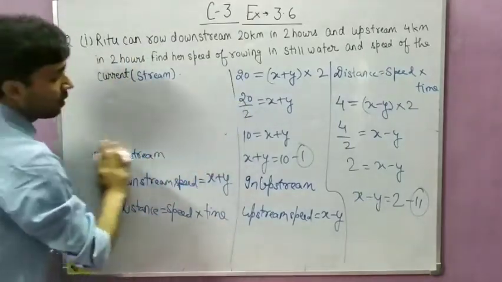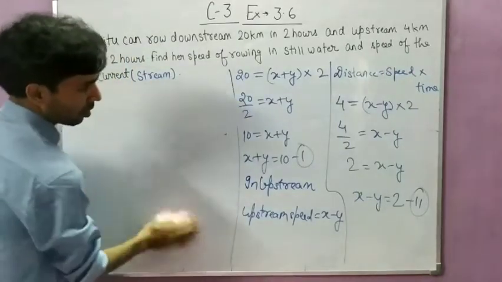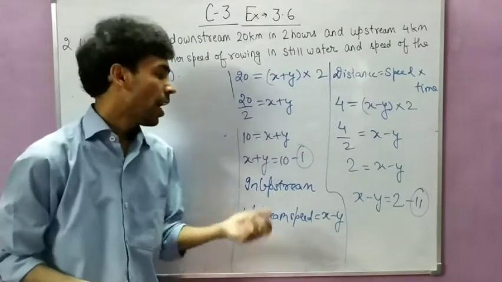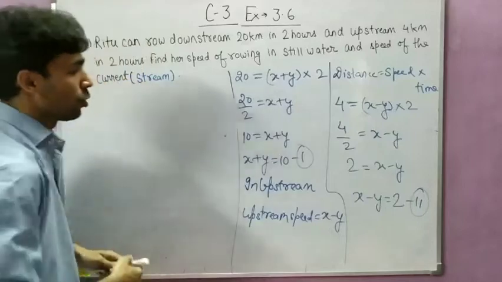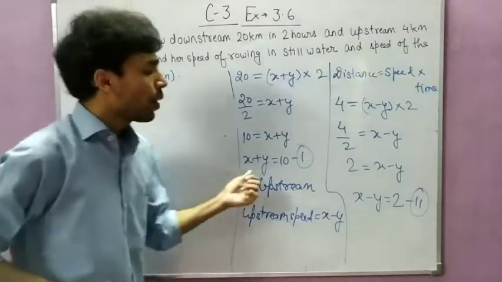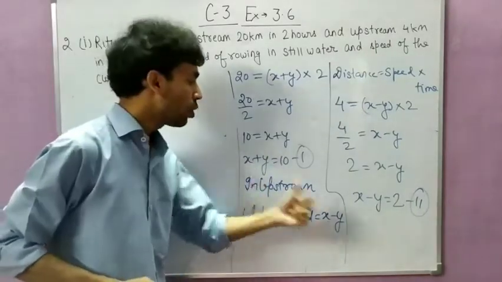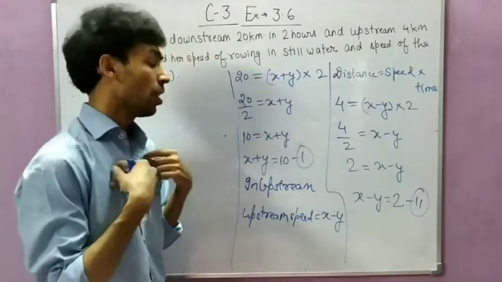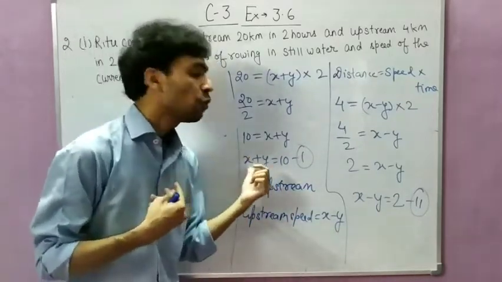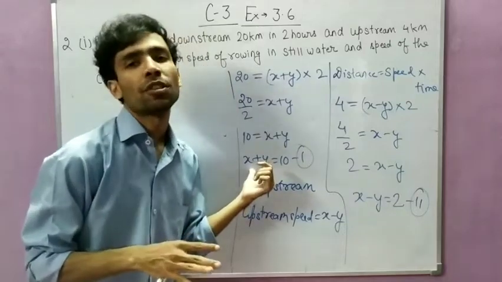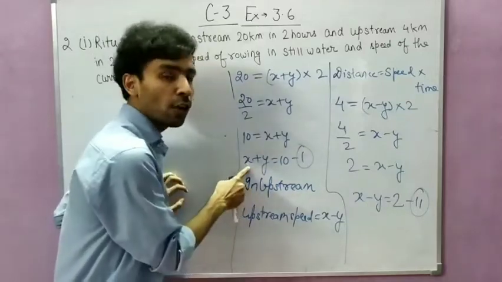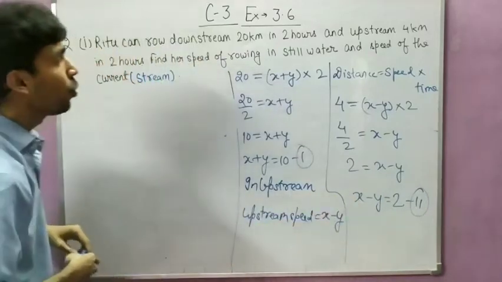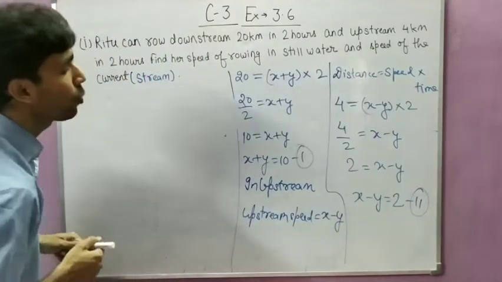So we can solve these two equations. As I am already doing, I will use the elimination method. Suppose I am going to eliminate x. In both equations, the coefficient of x is the same. We don't have to multiply any number in both equations, because the coefficient of x is 1 here and also 1 here. So we don't need to multiply any number in the two equations.